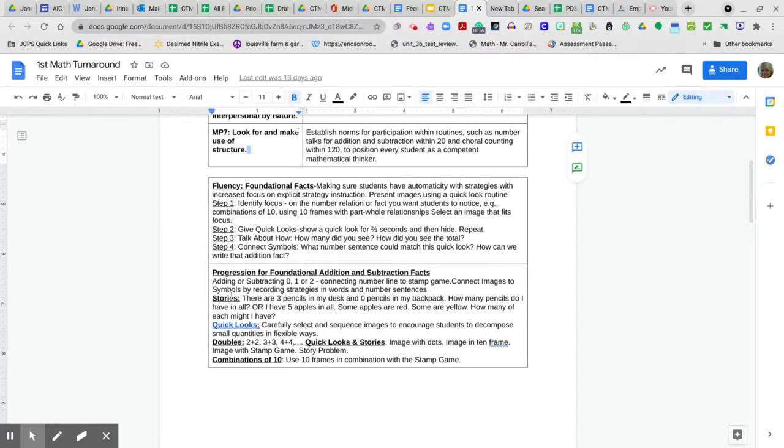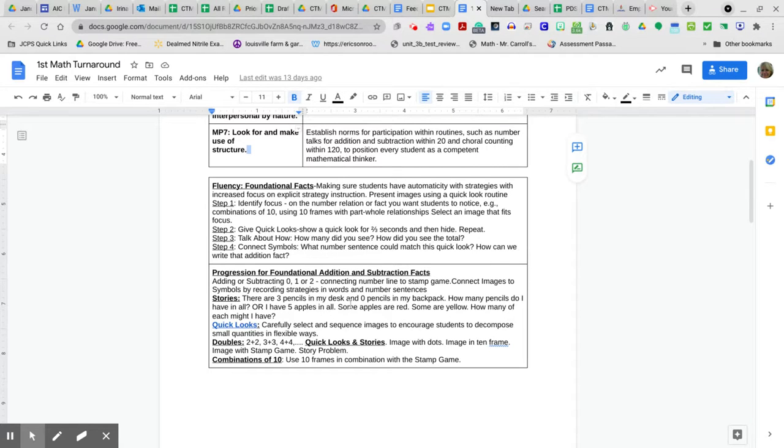So stories is going to be a big one coming out in first grade. There are 3 pencils on my desk and 0 pencils in my backpack. How many pencils do I have in all? Or I have 5 apples in all. Some are red, some are yellow. How many of each might I have? That is a problem that often trips up students, especially in third grade. Just the flexibility in thinking about